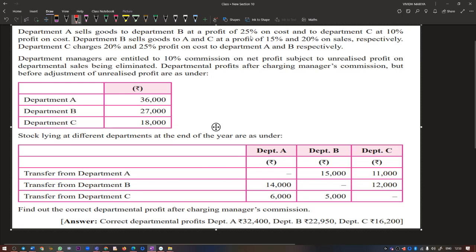A sells goods at a profit of 25% on cost. A to B, A to C. 10 plus 1 is equal to 11, 10% of cost. B sells to A and C at this much percentage on sales, and C sells at this much percentage on cost. 20% on cost is 5 plus 1, 6. 25% on cost means 4 plus 1 is equal to 5. Commission is 10%. And the given profits are after commission, so going in reverse, the profits before commission